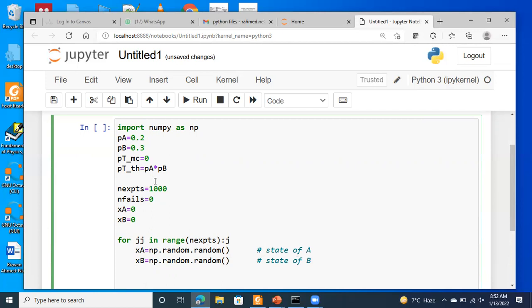So now we have to see when both are in failed state, right? So I would say if xA is less than or equal to PA, right? And xB is less than or equal to PB, right? So this is the condition, right? Well, more clear structure. A and